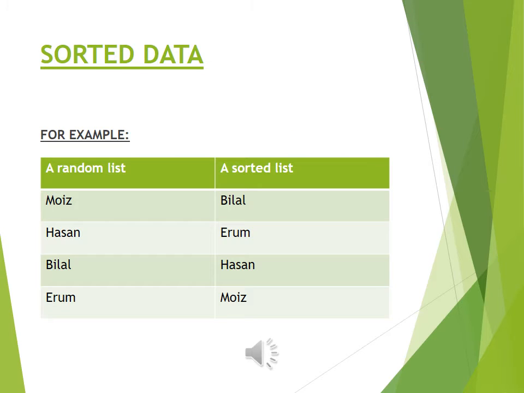Okay, so this is an example of sorted data. As we can see, there is a random list given in the left column, which we have to sort. And in the right column, it is the same list, but sorted with some criteria. And what criteria is it? It is arranged in alphabetical order. You can verify the list from top to bottom that it is arranged alphabetically, so that if there were a big list, it could also be sorted through the same criteria.